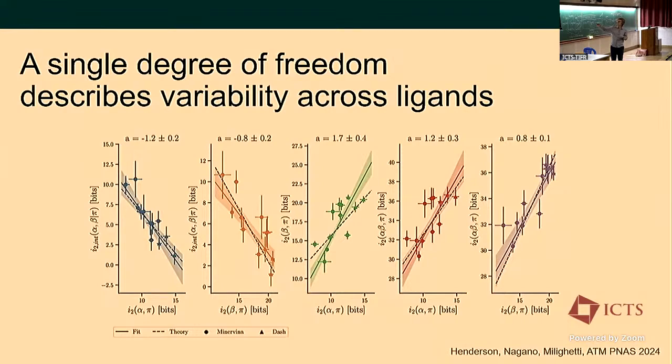And there's some variability in all these different values across different epitopes, so every point here is these quantities calculated for just the receptors that bind one specific epitope. And there's some variability, but most of that variability is actually explained by a single underlying degree of freedom. And these dependencies that we see between these different variables are again predicted by this mixture of motif models. So if you have a mixture of motif models, right, then if you have more motifs,